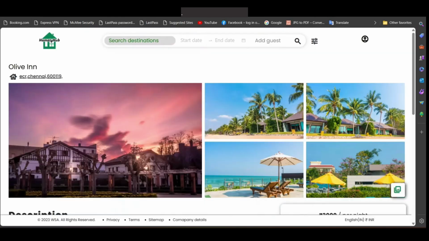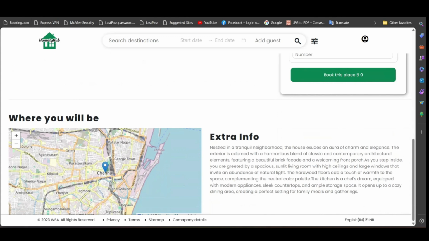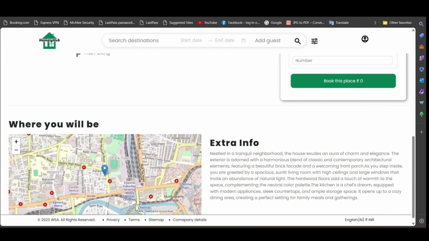Now if we scroll down, we can see the description of that particular property, like 4 BHK new luxurious independent villa in ECR Chennai. It has a maximum number of guests of 10, not more than 10. What does this place offer? It offers amenities like kitchen, free parking and Wi-Fi. By scrolling down, we can see the map, by which we can see where the villa or the property is located, and we can see